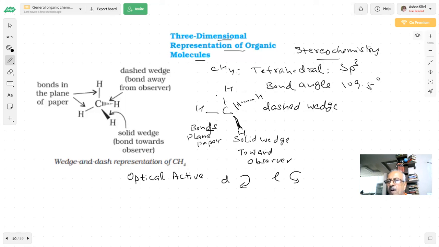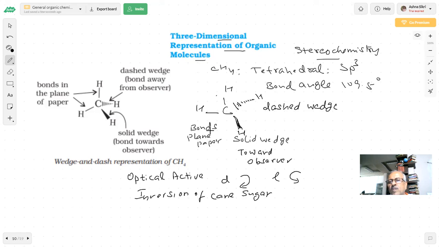Inversion of the configuration could take place in such cases. So we already know about such reactions. You have heard about inversion of cane sugar reaction, which we discussed in chemical kinetics. Inversion of cane sugar is an important reaction. The inversion means the configuration is changing. So that type of thing we will know if we have such representations.